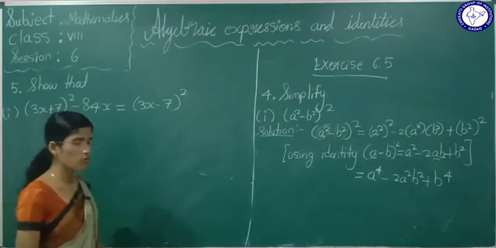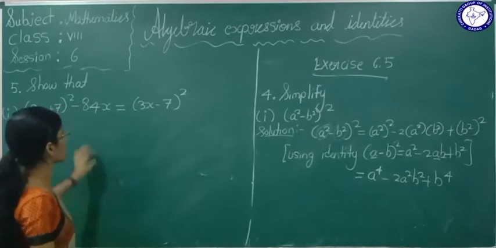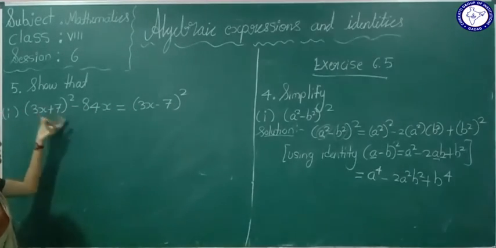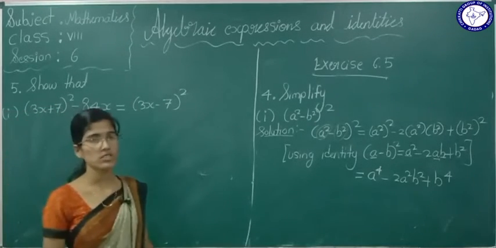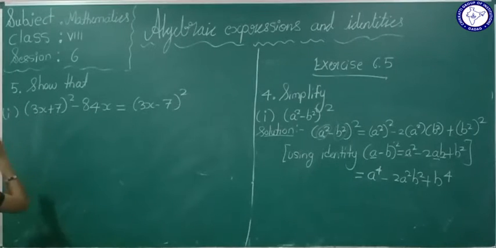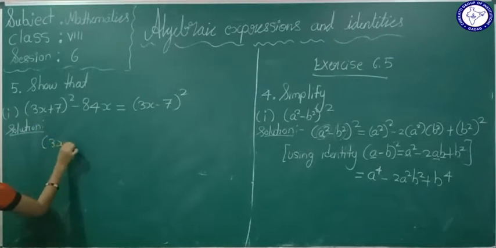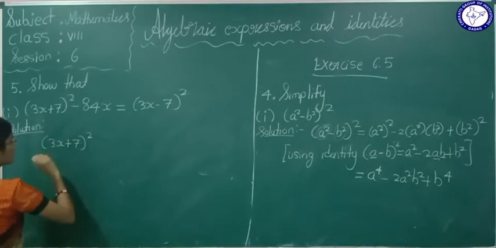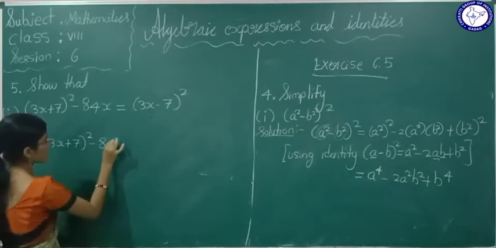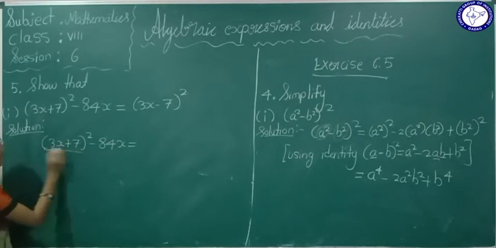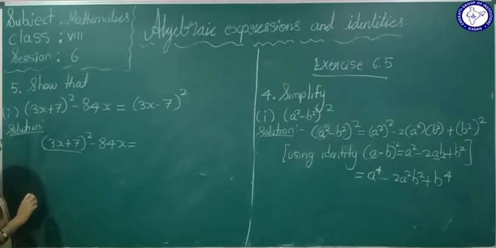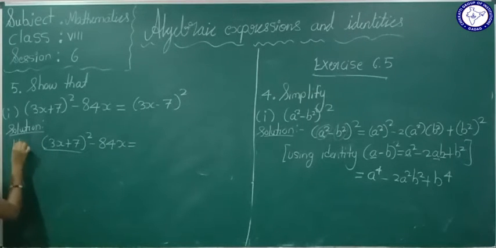Now see students, what we have to do here is show that this is equal to this, that means we have to show LHS is equal to RHS. Now see the solution. The given thing is (3x + 7)² - 84x. So here we can use the identity. LHS is equal to